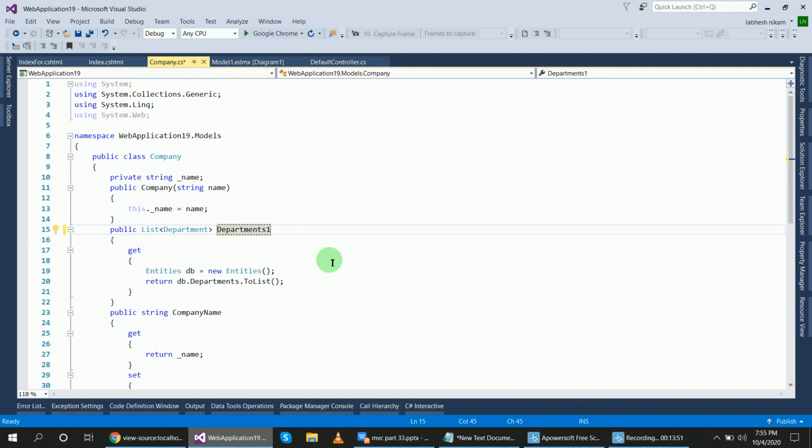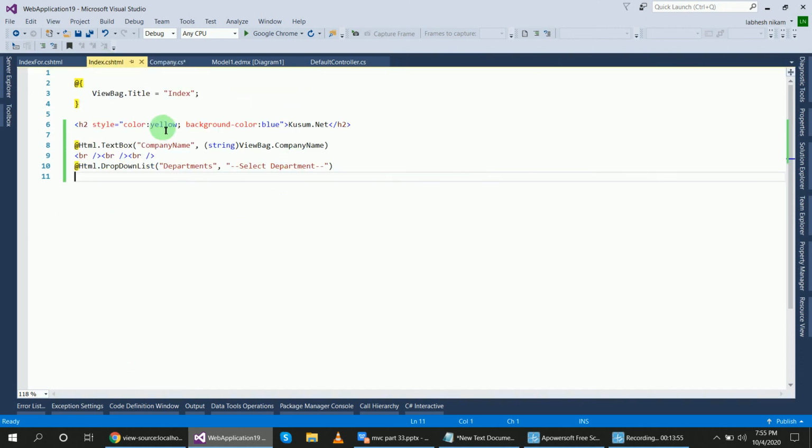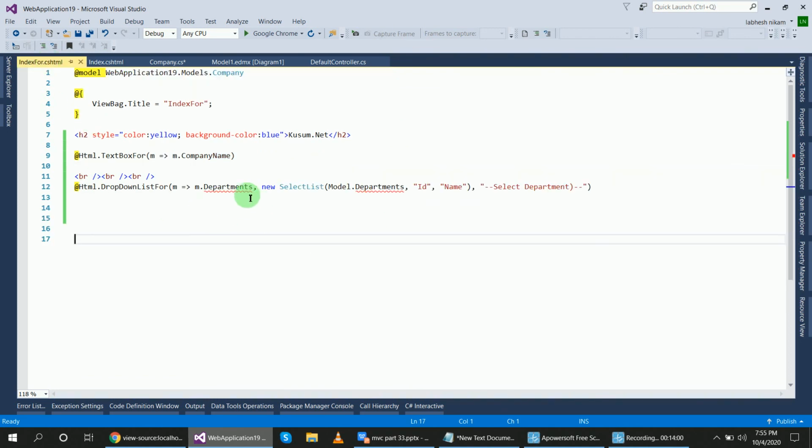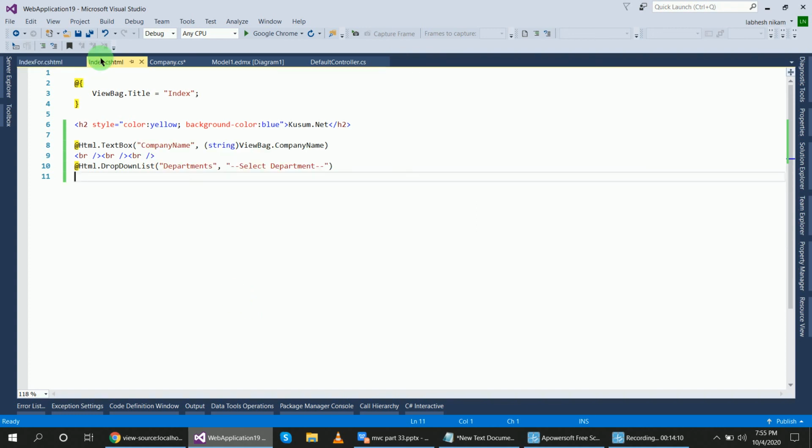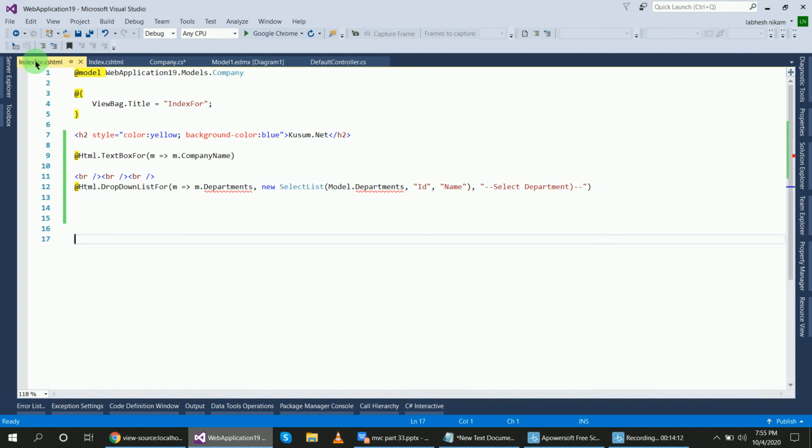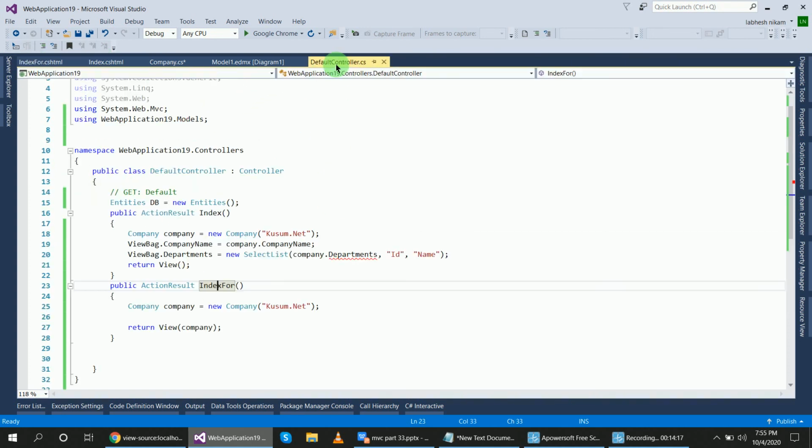When I change this name, this Index view has no error, but this Index4 view shows an error. So this strongly typed view is checked at compile time, and hard coded view is not checked at compile time. So we prefer to use strongly typed view, okay. And this is the code for strongly typed.